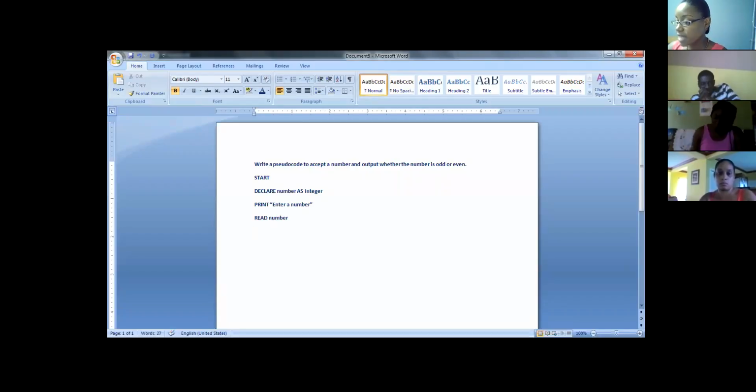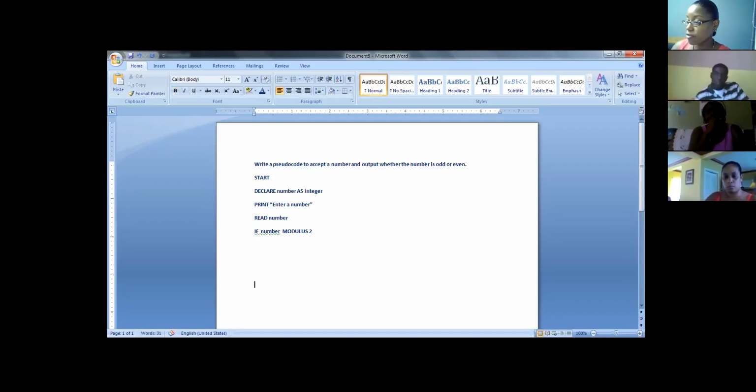Then after that, we need to ask a question. We need to ask if, when we divide number by 2, the remainder is equal to 0. So the arithmetic operators that we have are the plus, the minus, the multiply, the divide, and we have the modulus operator. So what we need to do is use the modulus operator here, because what we are concerned with is the remainder. What the modulus operator will do is divide number by 2, but instead of giving us a dividend, it will give us the remainder,